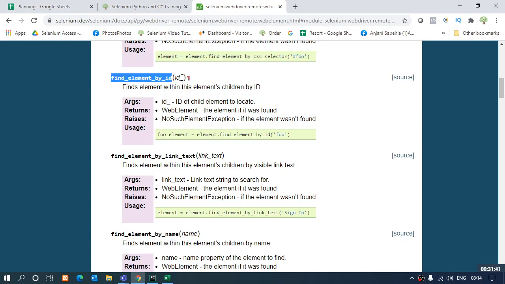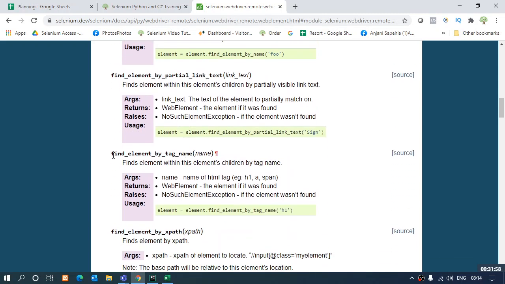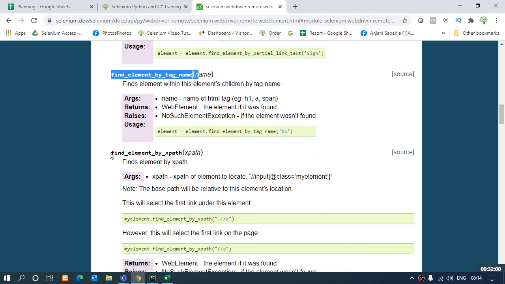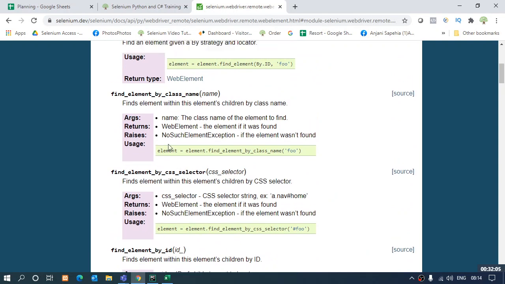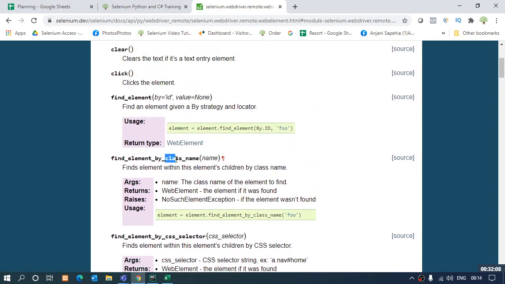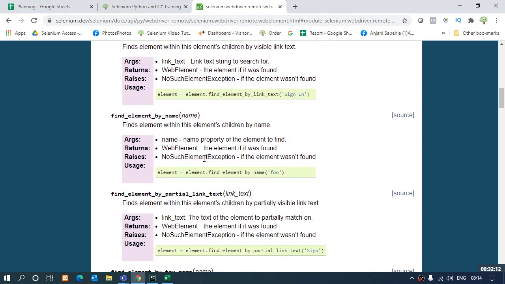In this function I just have to pass on the value of the parameter, the value of that element which has this ID. That is the only parameter I have to pass. Likewise I have find element by name, by tag name, by xpath, by class. Likewise I have a number of things. Now you must be wondering what these class name, CSS selector, tag name, link text are. These are basically the locators.